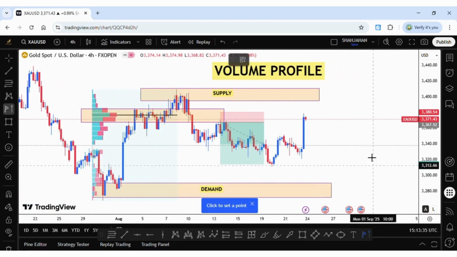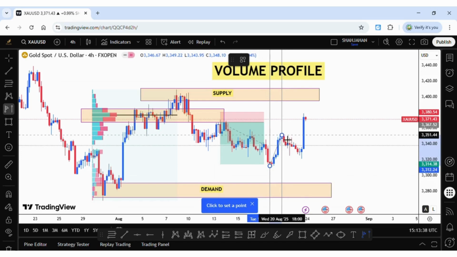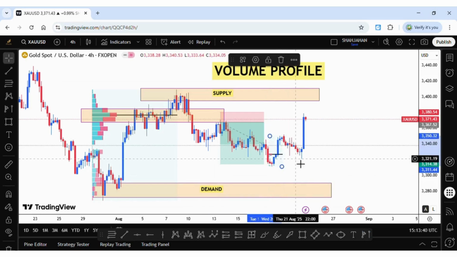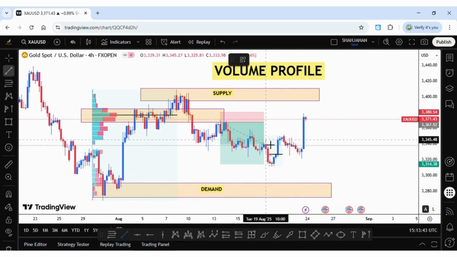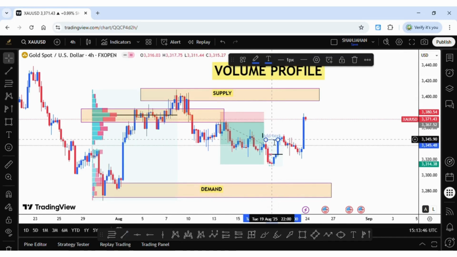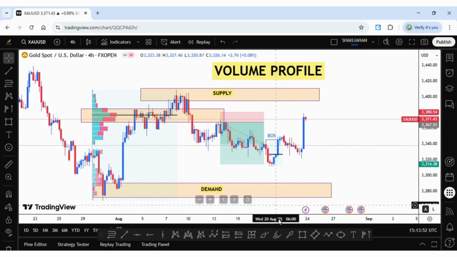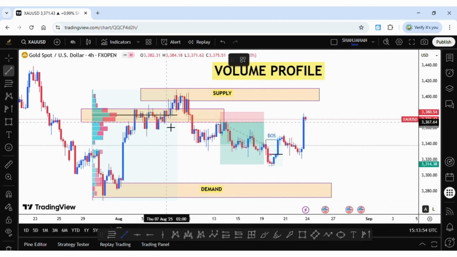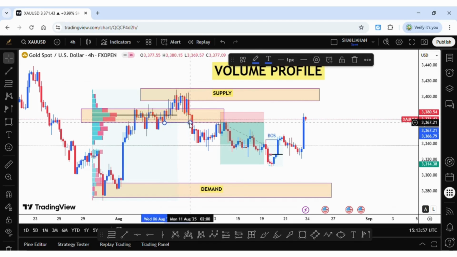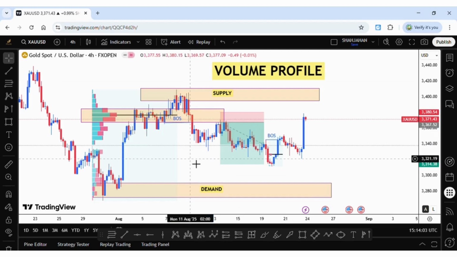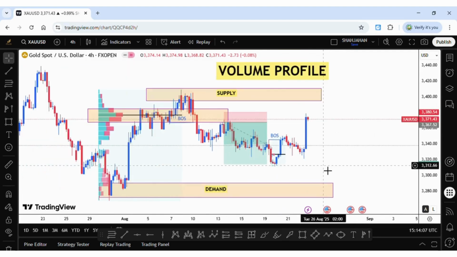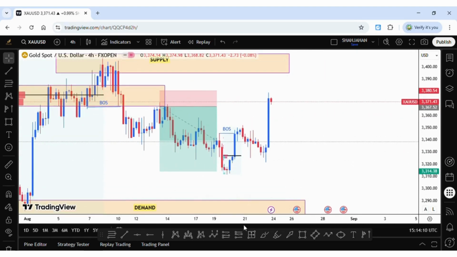You just have to apply this tool from this area, swing low to swing high, because here is our BOS, structure break again, and here is our BOS from the downside here. So this is the reason for taking the sell trade, and this is the reason we have to take the buy side trade. So this is the exact area of rejection.